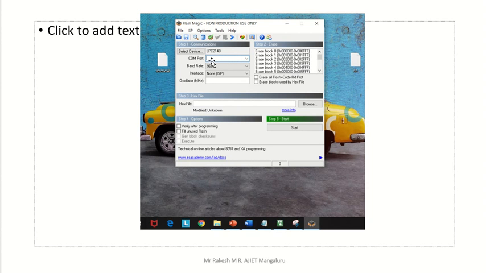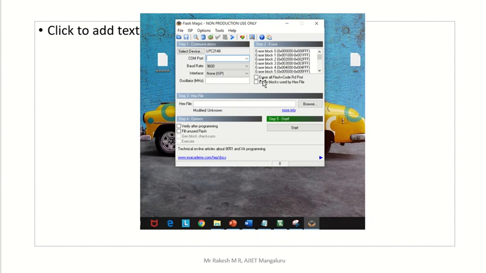So here a lot of communication ports are there. Whichever port is allocated for communication between your hardware and your laptop, that communication port you have to select here. Then just verify the baud rate. Initially it is 9600, don't change that, it should be 9600. Then the oscillator frequency, in terms of megahertz you have to mention; the default for our kit is 12 megahertz. Initially it is blank, so your job is to type 12.